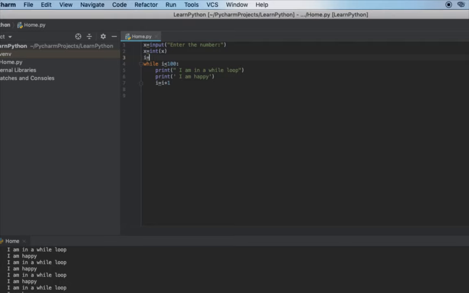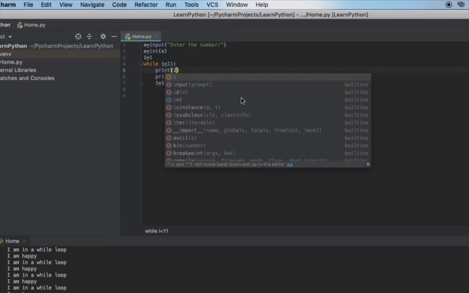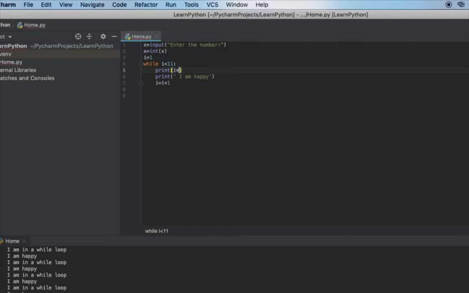Then I'll start with I is 1, and normally tables go from 1 to 10. So then here I will write only I into x, and then the I needs to be increased by the value of 1,